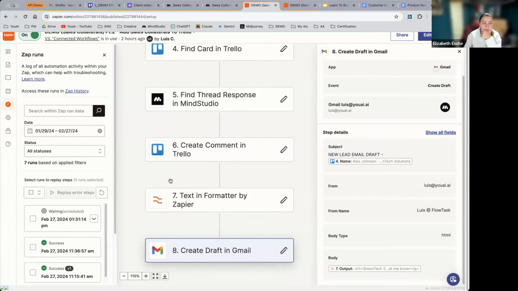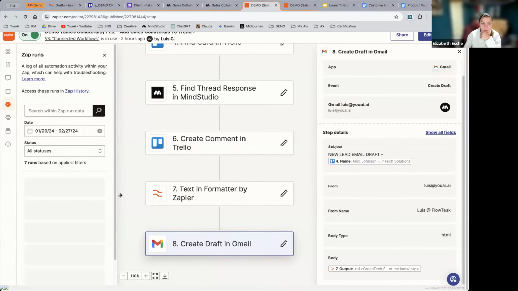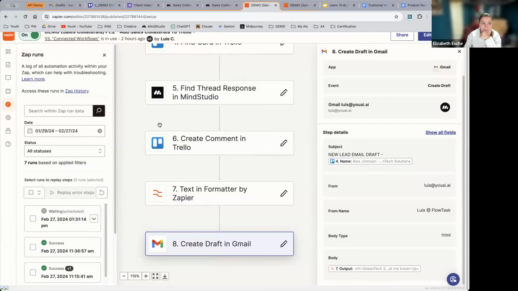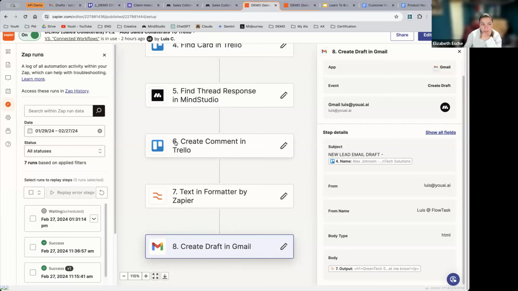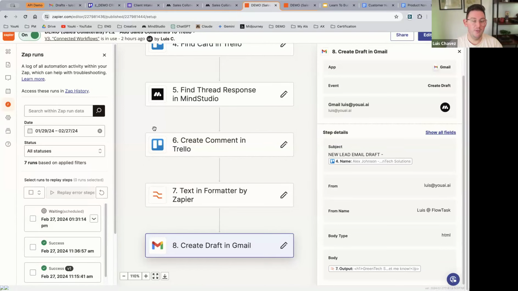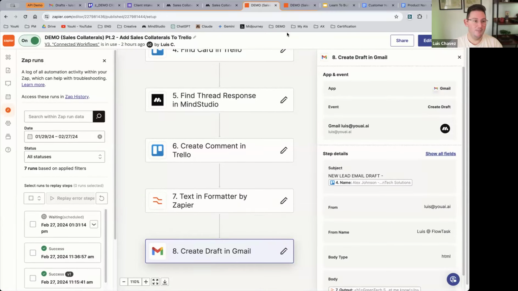Great. Then it looks like we got a question from Fernando, which Giorgio answered in chat, but he did ask if we were able to produce workflow steps with Microsoft Forms and or Outlook. So it looks like using different inputs. Yeah, so what's really powerful about this combination of an automation tool like Zapier in combination with MindStudio is that